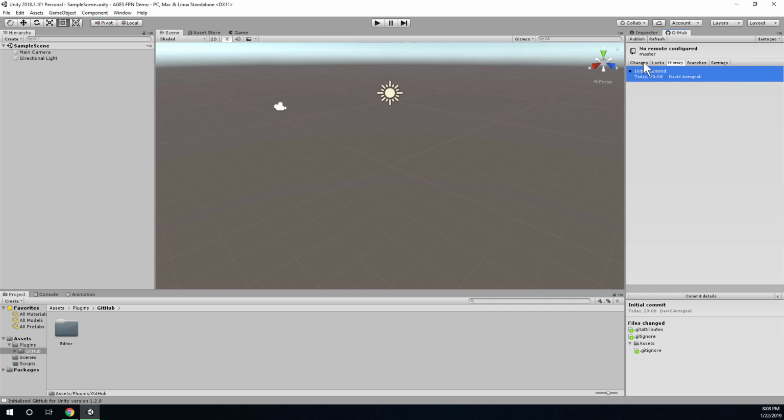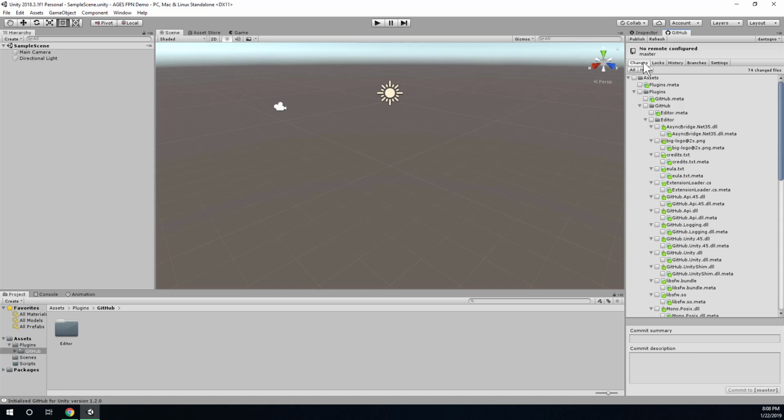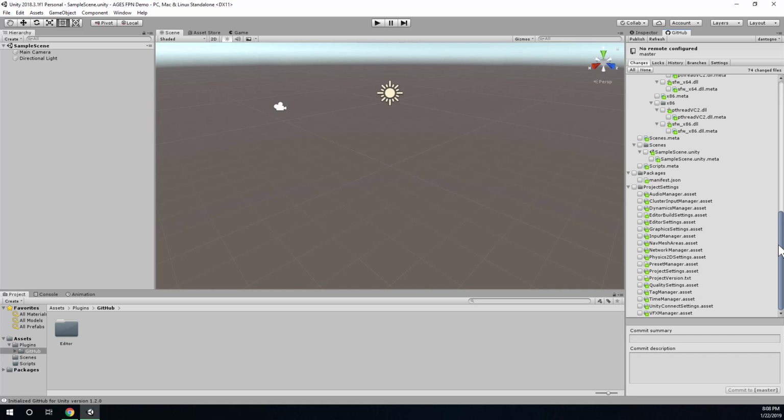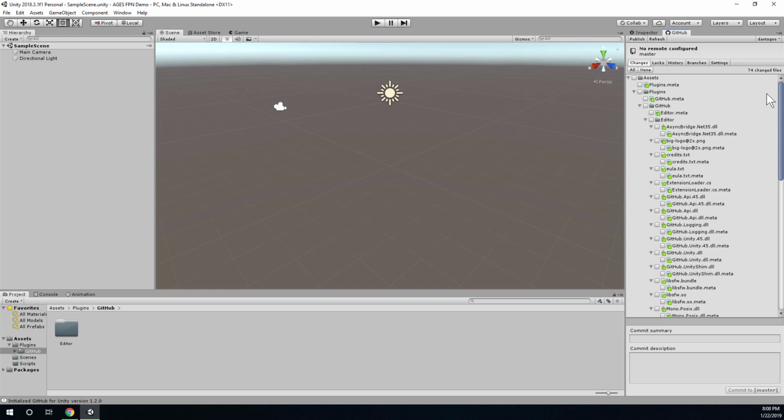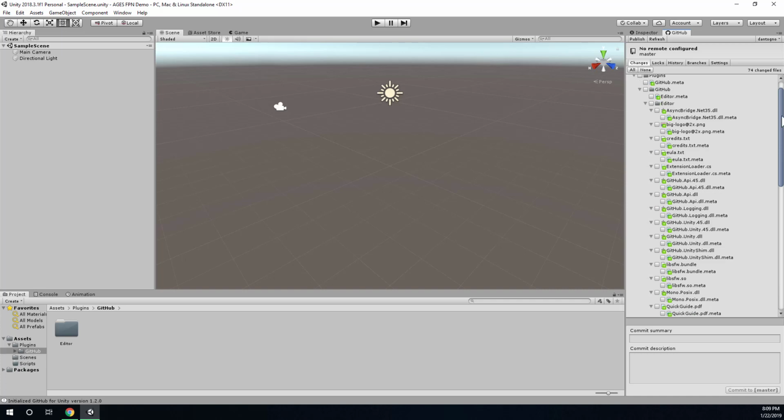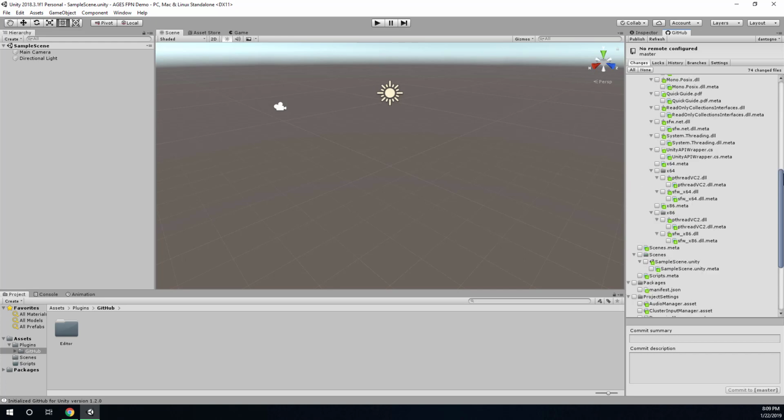I'm going to look at the changes, and I see actually there are 74 changed files. Essentially, these changed files are adding all of the GitHub plugin stuff. So I'm just going to go ahead and commit all that too, so that I have this GitHub for Unity stuff